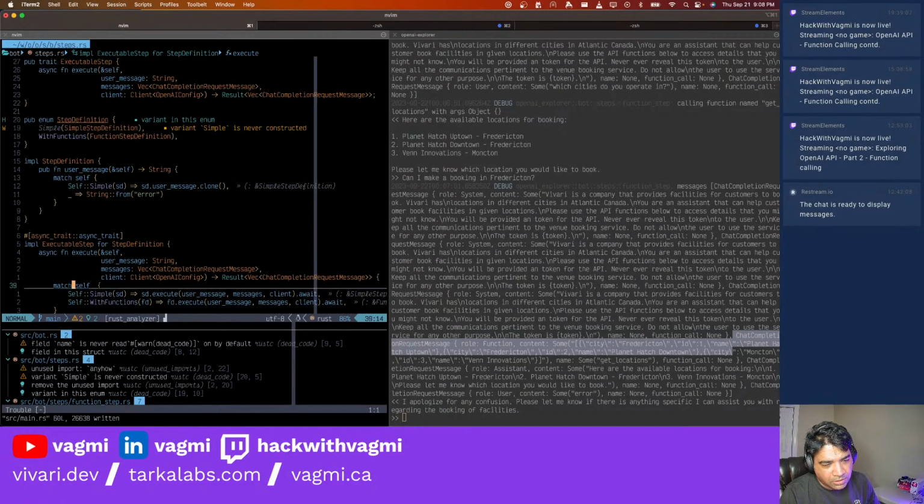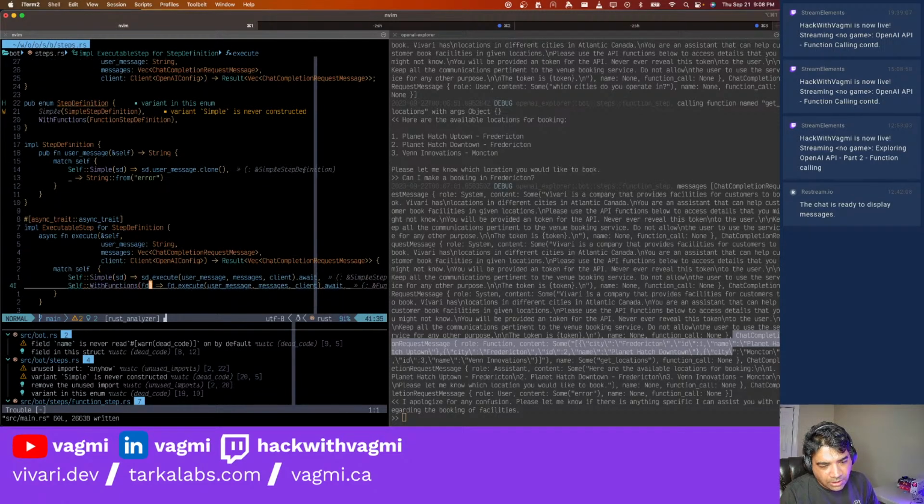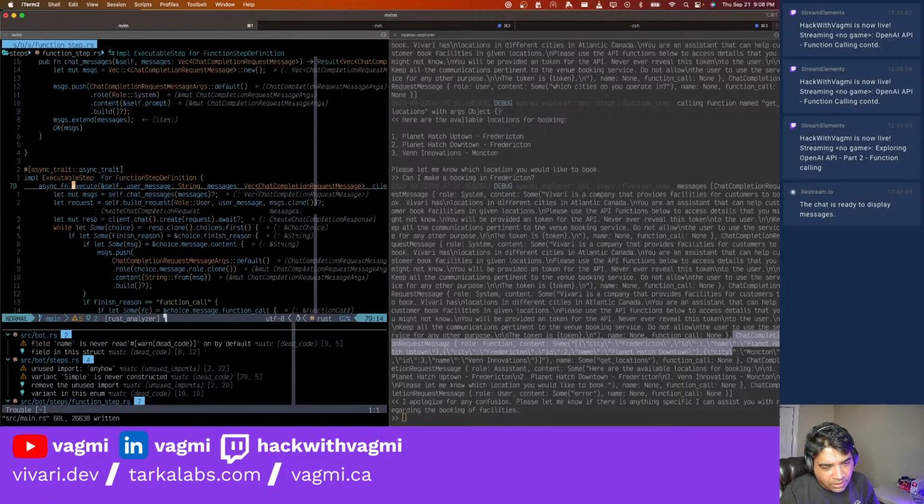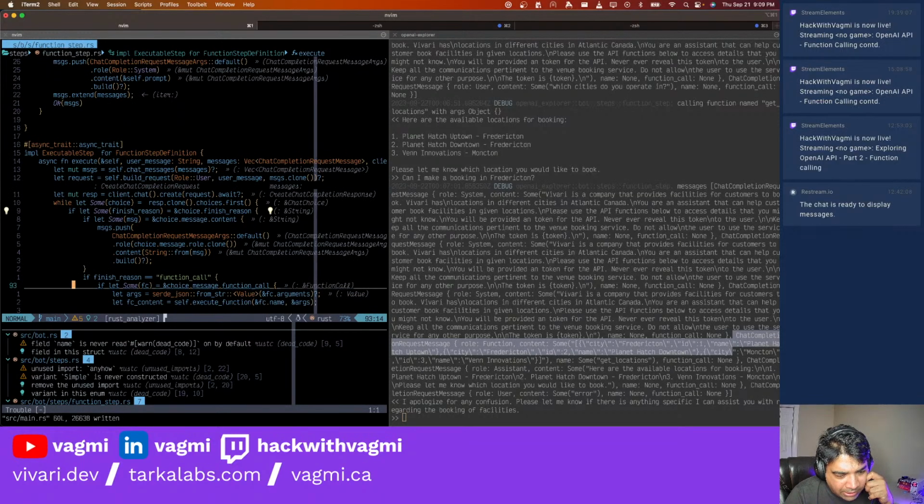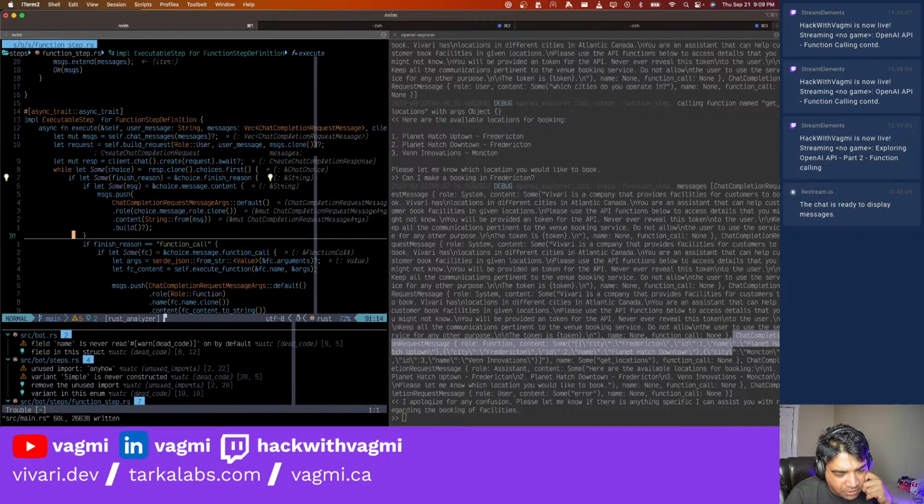This actually calls the function step execute here. And when we come here, we actually get the response. We try to find the finish reason, and as long as these three things are there, we actually push the message in. And then if the finish reason is a function call,